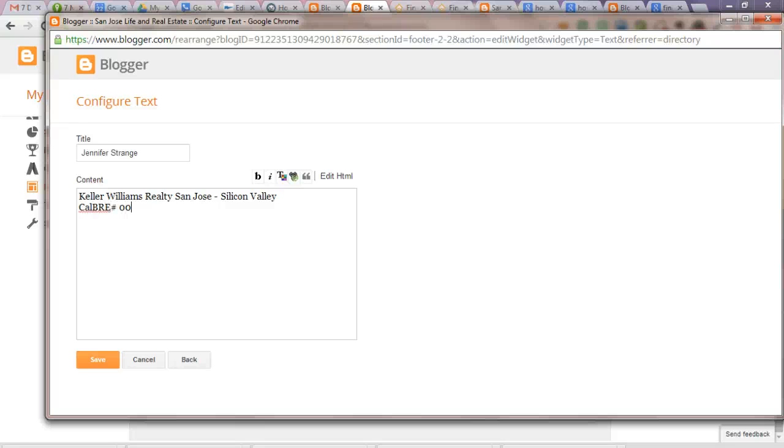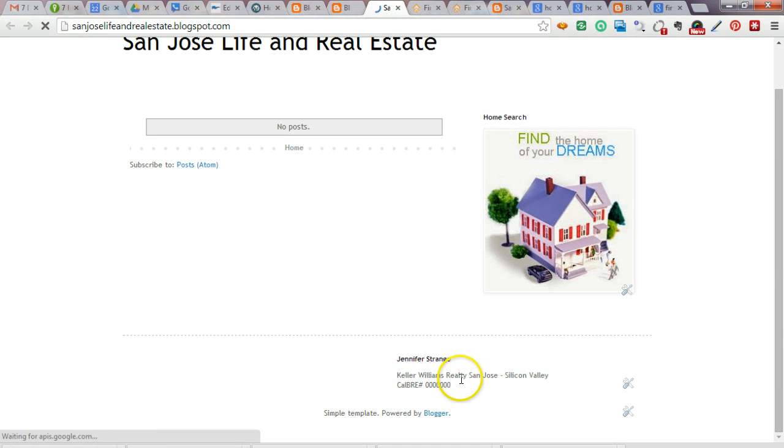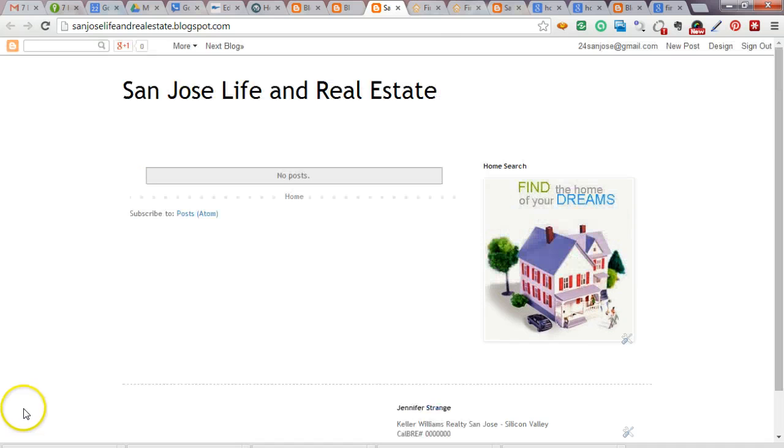number 0000, right? Whatever it is. And if I click on save, what this has now done, if I view the blog, is down here at the very bottom. And by the way, if I had posts, this would just be pushed down, pushed down, pushed down. But down at the very, very bottom, it has Jennifer's name, who she works for, and her BRE number. Now, you could put in more information if you wanted to, but